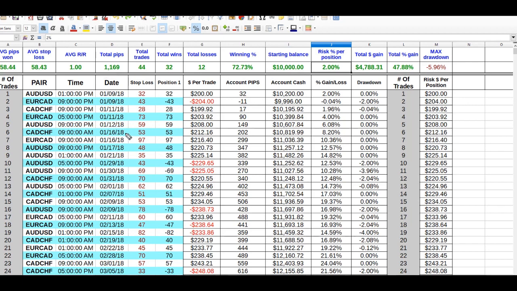So if you'll look right here in our risk per trade section, and also at the same time be looking over here at our max drawdown, what we need to do is come up with a max drawdown that we're comfortable with based around our backtesting results at first. And this is going to give us a rough draft of what we need to be risking. So how we do that is just by changing this risk per position. Let's say we have a 5% maximum drawdown, or this is almost a 6% maximum drawdown, and that's not something we're comfortable with. Well, if you're not comfortable with that 6% max drawdown, then you'll need to risk less per